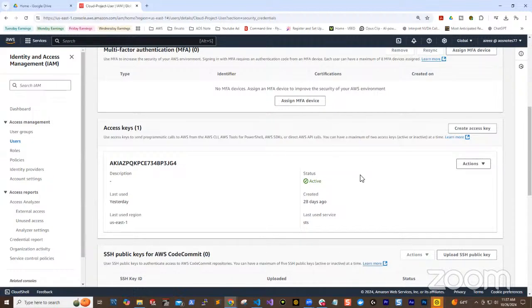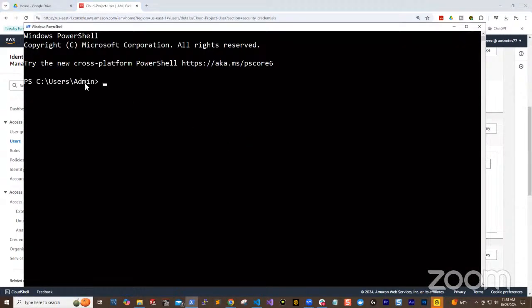Once you've created your access key and secret access key, the next thing you need to do is configure it on your computer. You do that by opening your terminal and typing aws configure. Once you type aws configure, press enter. It would ask you, but for this Terraform project, I am using a profile, right? So to use a profile,